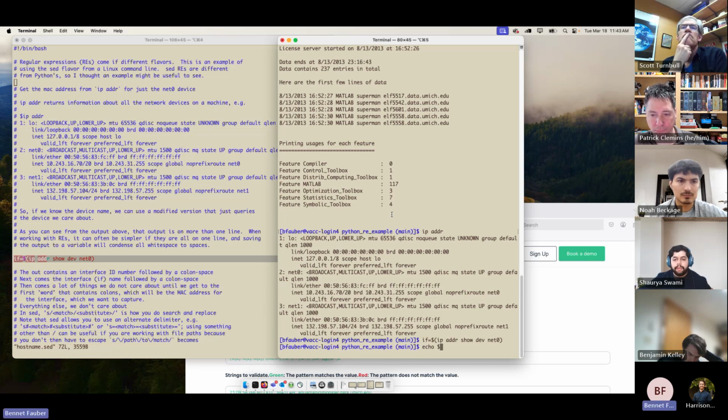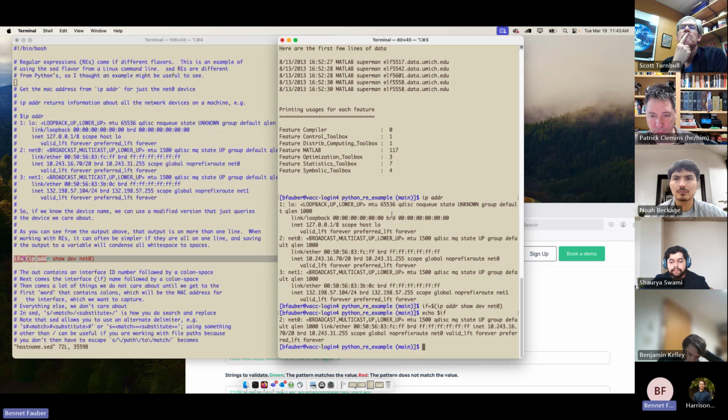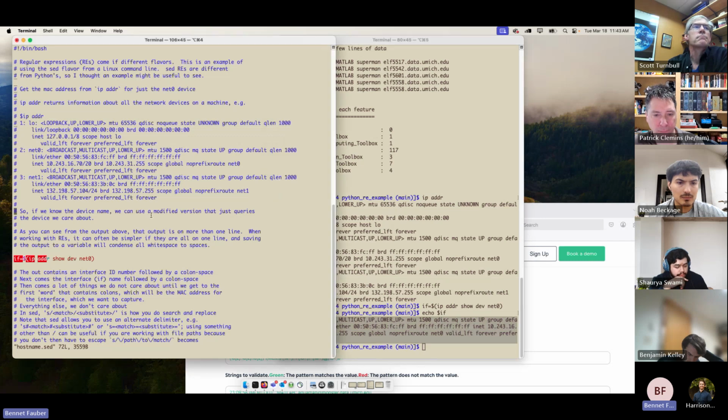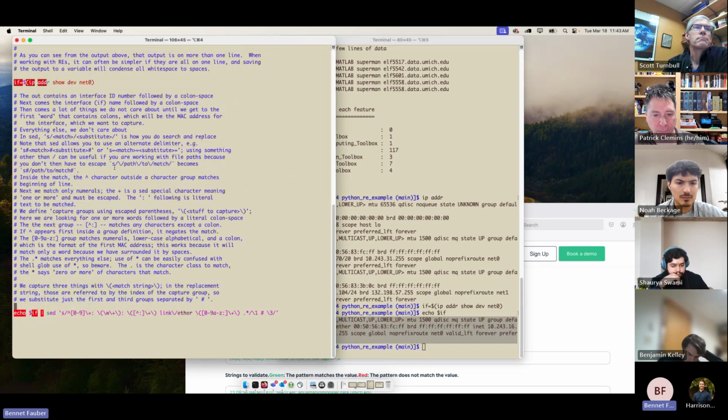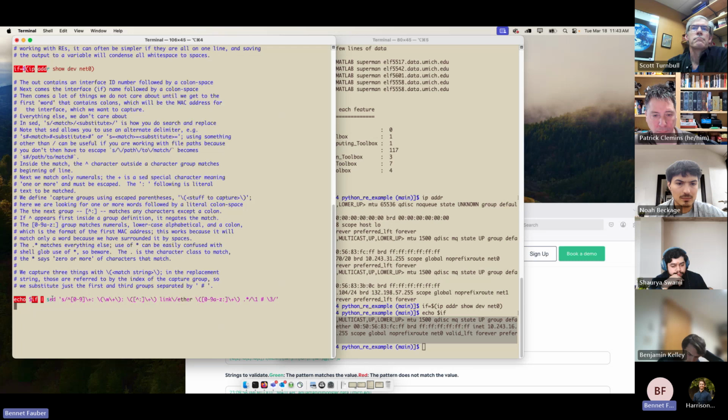And it is the nature of saving things into a variable that they all become one line. So by saving it into the variable, I have now taken multi-line output and converted it into a long, ugly single string that looks to me like, oh my God, if I have to get something out of this, a regular expression is really going to be what I want to use. And then after lots of explanation about how and why I was looking for these things, I finally came up with this,